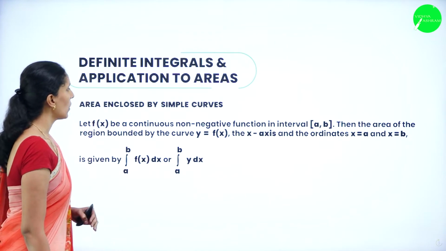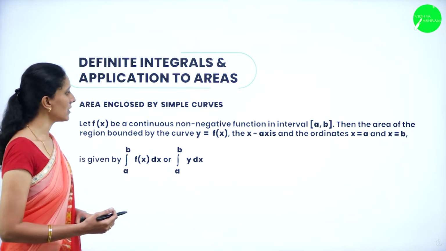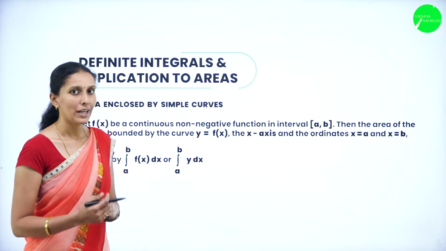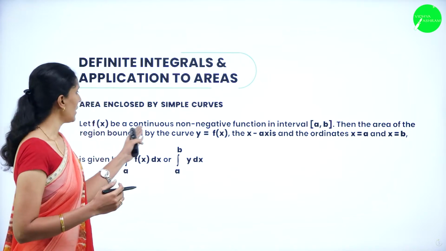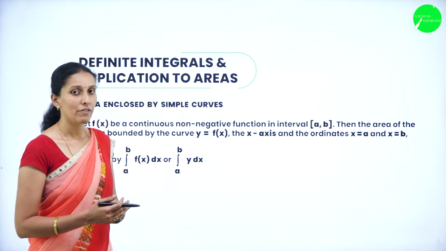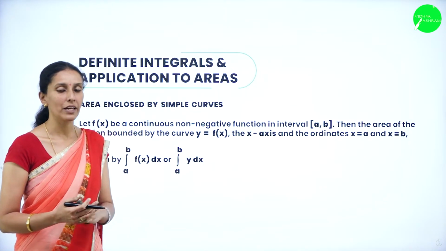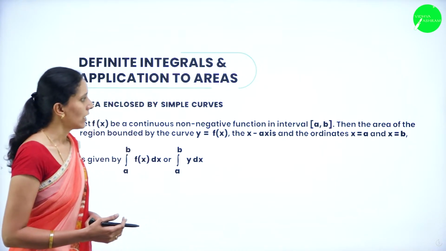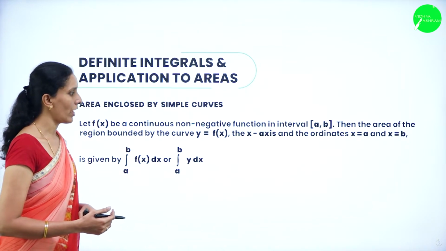Area enclosed by a simple curve. Suppose f of x is a continuous non-negative function in an interval [a, b]. We know that every function can be represented with the help of a graph. When the given function is continuous and non-negative, it should not have any negative value. Then the area of the region bounded by the curve y equals f of x,